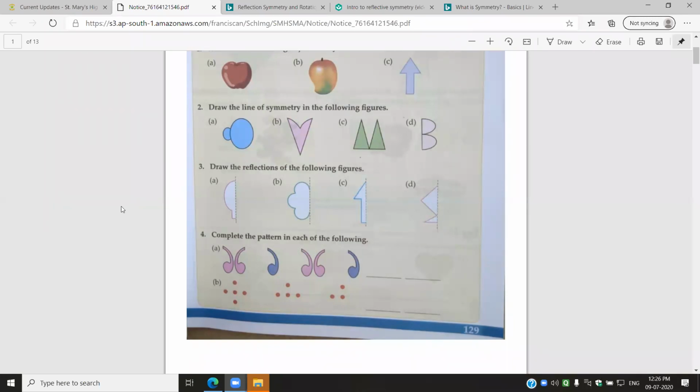Now if you have observed a clock, how do the hands move? Like this, they go from left to right. The hands of the clock move from left to right. Can you see my mouse moving? Left to right. Okay. So that is called clockwise direction. If you are going according to the clock, then it is clockwise.